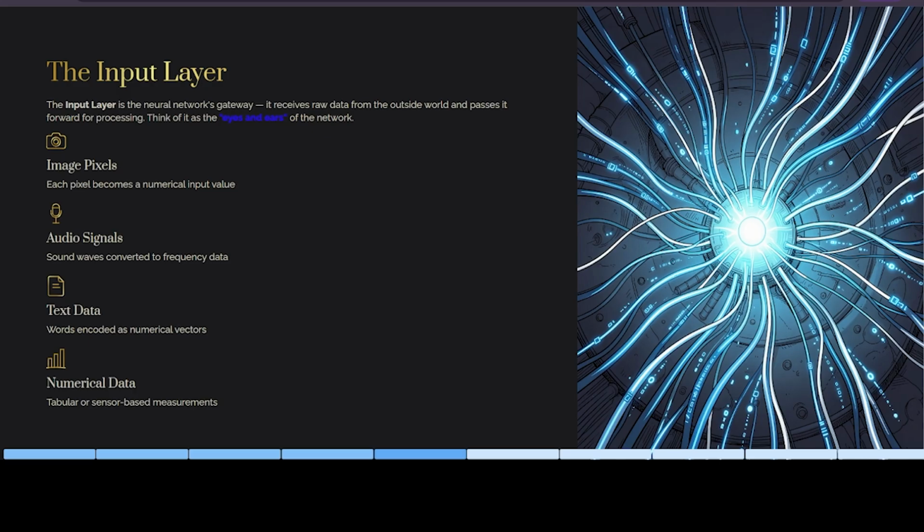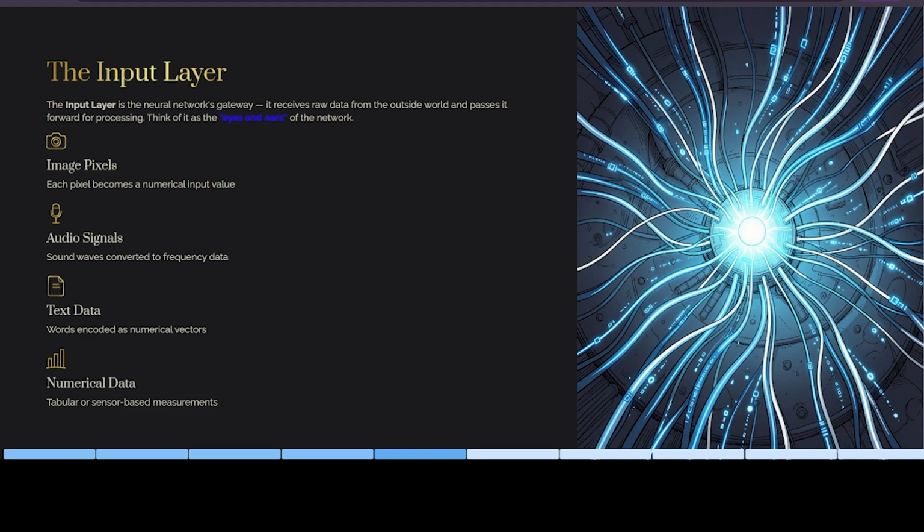But computers don't understand images or words the way we do, right? They only understand numbers, that is zeros and ones. So the input layer's job is to take the raw data and represent it as zeros and ones. It will convert that particular input into zeros and ones.